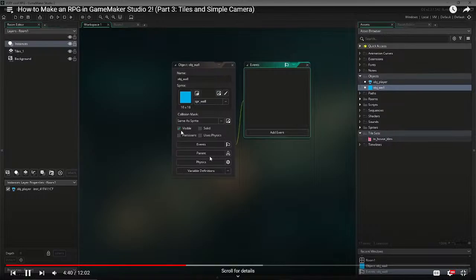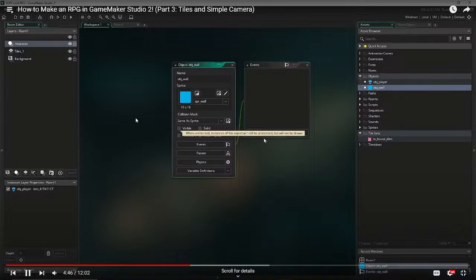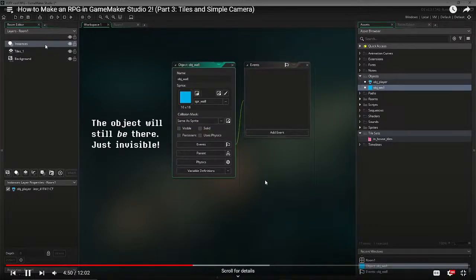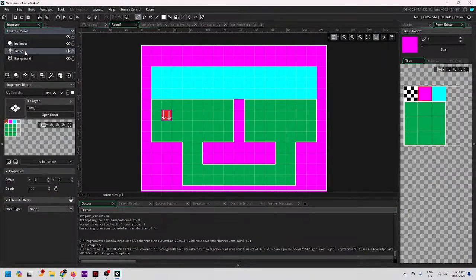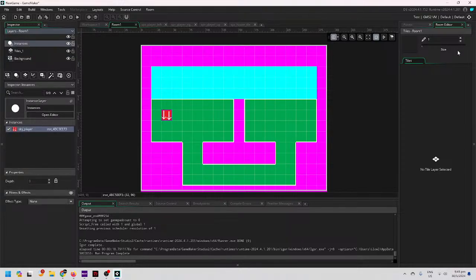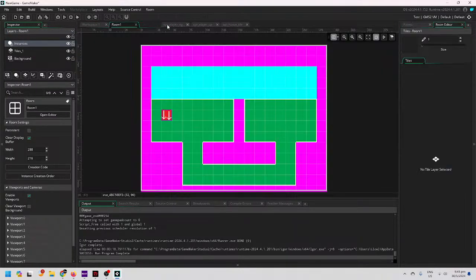So right now, it is checked as visible, which means when the game runs, it will actually show up. If we uncheck this, then our walls will not actually show up whenever we run the game, which is what we want now that we have a tile set that shows us where the walls are and stuff. We don't necessarily want these big blue walls to just show up on their own. So let's actually add another instance layer, and we will call this